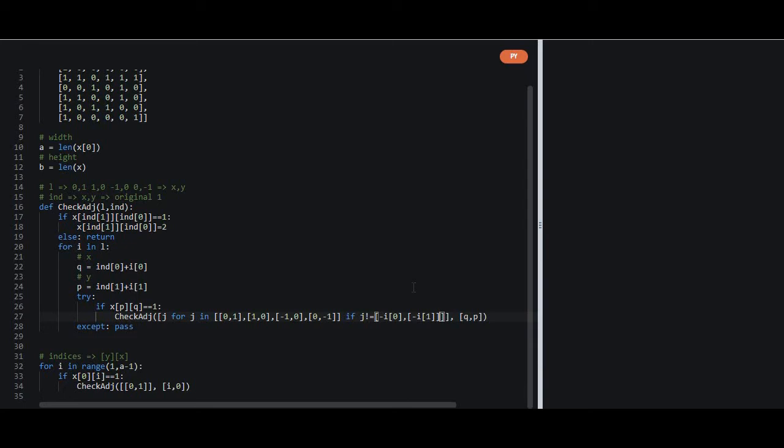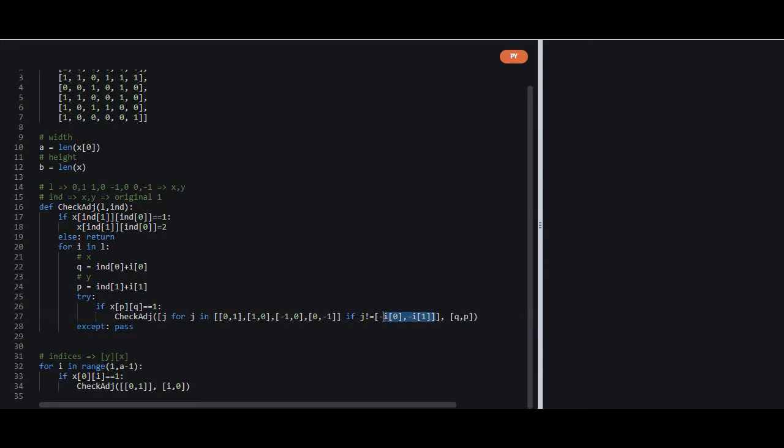this has become a bit complicated, but this looks correct, I think. Let me confirm it. Yeah, this looks correct. Oh wait, I've added an extra bracket here. Yeah, now it looks correct. So for example, our I0 and I1 are 0 comma 1, as we have given the input here.